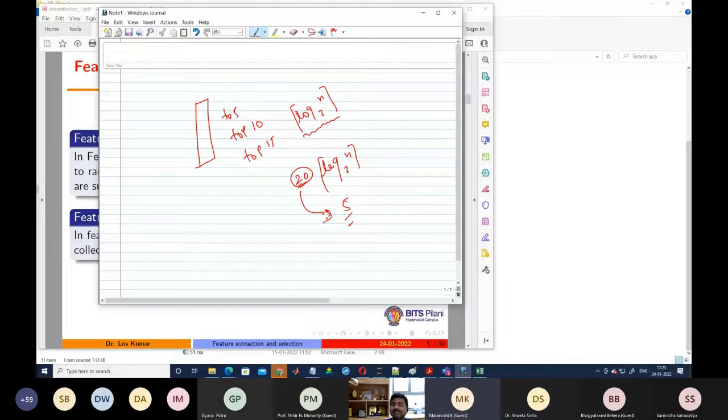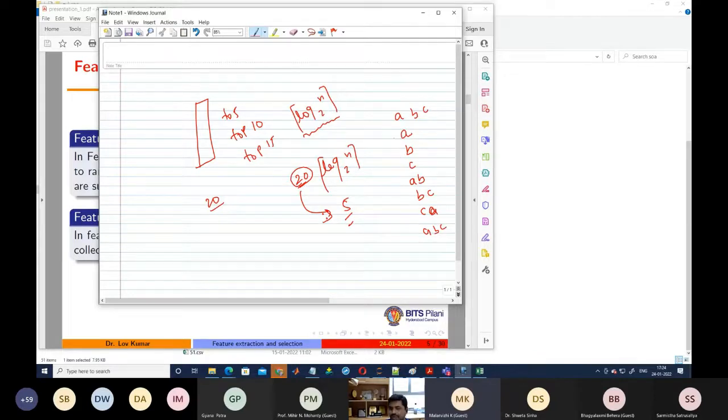But in the second case, we are going to find the best combination of features. So you have 20 features, and we are going to find the best combination that will give better performance. If you go through the brute force approach, then we consider all possible combinations. For example, if you have 3 features A, B, C, then we have to develop the model based on A, based on B, based on C, based on AB, based on BC, based on CA, and based on ABC.